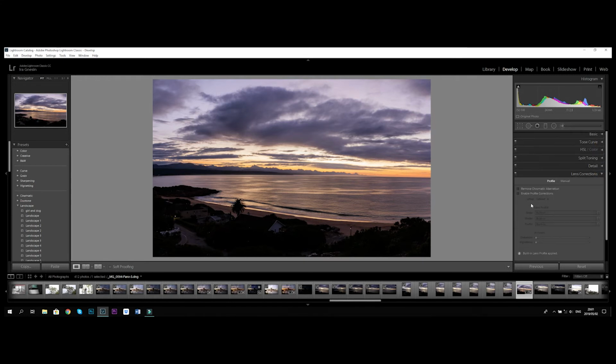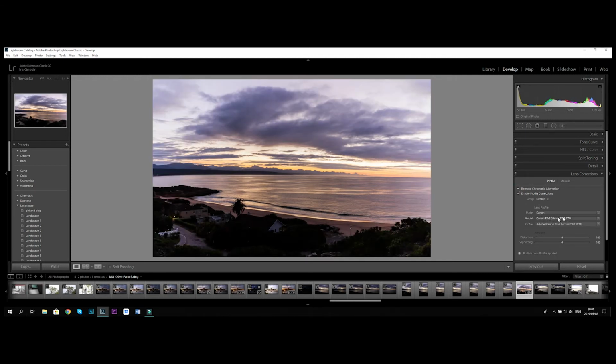And then we're going to go to lens correction. I should have done this at the beginning because this can change the whole image. Remove chromatic aberration, and we're going to enable profile correction. So it's going to instantly select the profile. See, but now it's really, see,